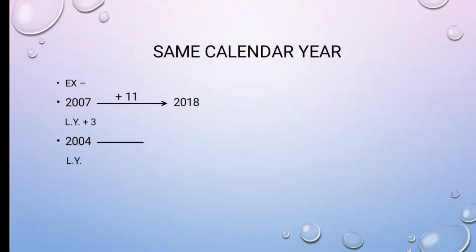The year is 2004, which is a leap year, so you will add 28 to it, and the new year with the same calendar will be 2032. Next, 1917, which is leap year plus 1. 1916 was a leap year, and plus 1, that is, we'll have to add 6 to the year. When added 6, the new year will be 1923.